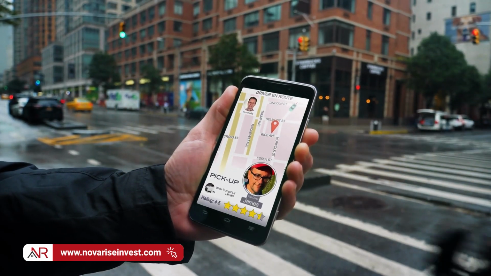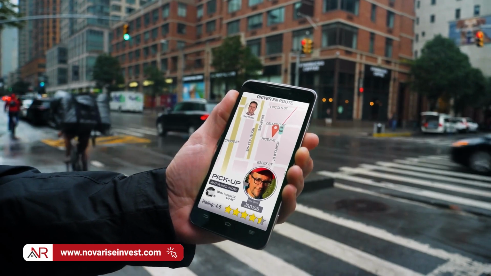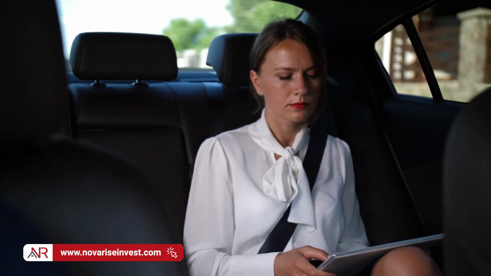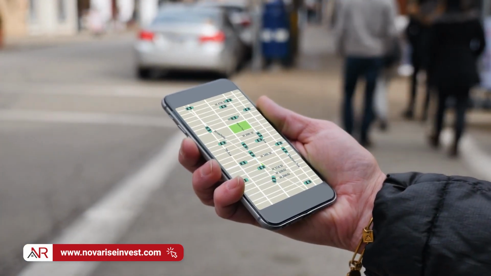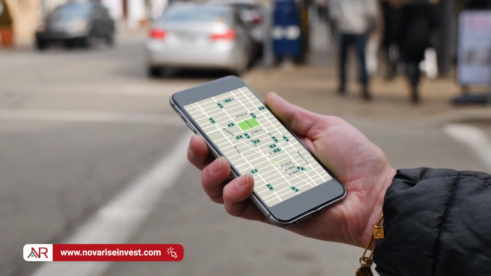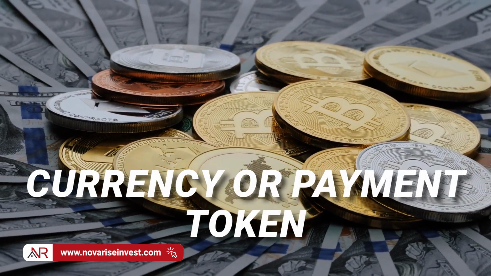For example, a taxi app can award its customer with 1 token for every 10 trips. And after collecting 5 tokens, they can use them to pay for the next trip. But these tokens will have value only with this taxi service. Beyond the app, they're useless. And the last token type is the currency or payment token.